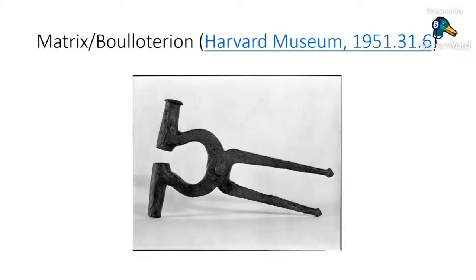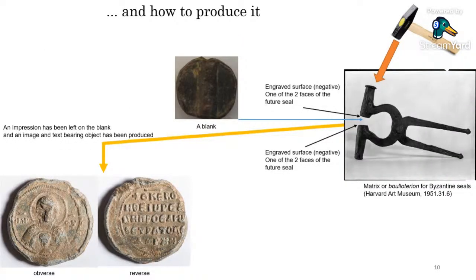And after that, once prepared, the blank was inserted between the jaws of this pliers-like object, and this object was struck with a hammer, and the image and the legend were impressed on a seal. So that's why we use the term seal for both the object and the imprint, and for the imprint itself,